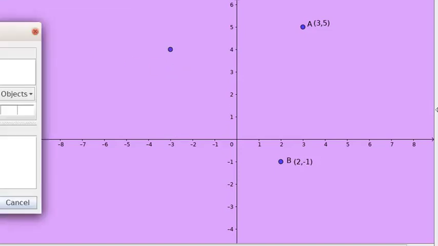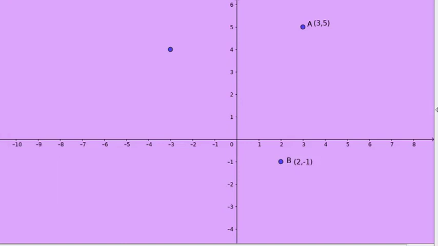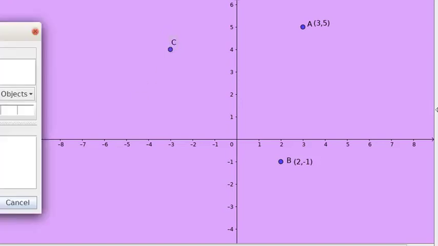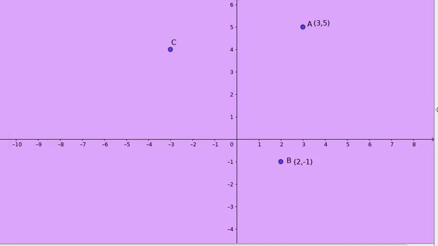Minus 3, 4 and name the point. What is the name of the point? Name of the point is C. Then you write the name there. C is the point and also you write its coordinate. What is the coordinate? Coordinate is minus 3 and 4. You write the coordinate using brackets. We can write this as (minus 3, 4). Okay, then what's the next point?